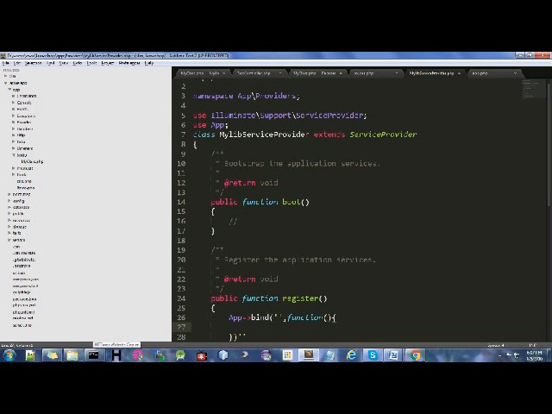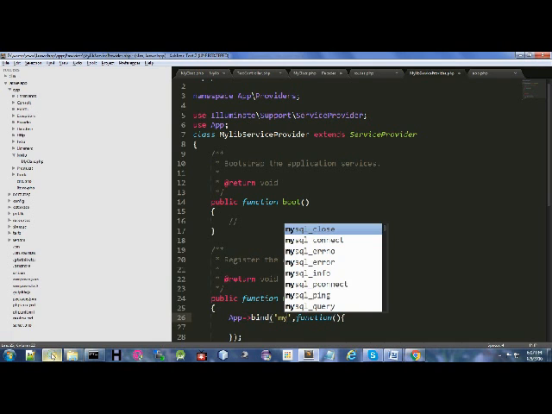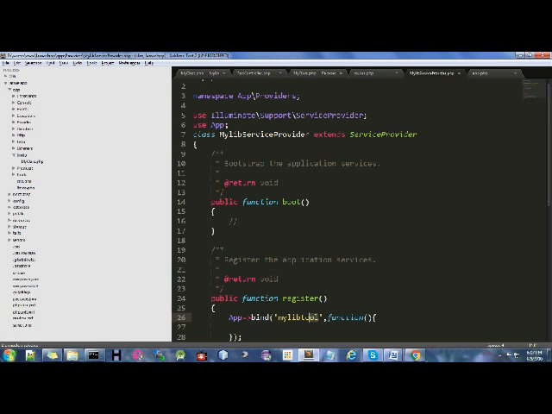It will bind our class so that we can use it throughout the entire application. You can use any name over here for binding your classes. As we are binding our mylib class, I will use mylib class tool, any name of your choice. Then it will return the instance of our class.